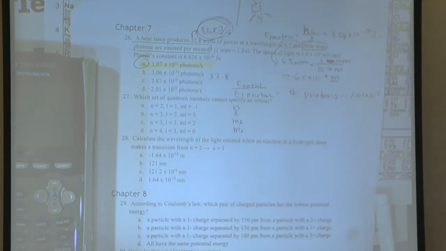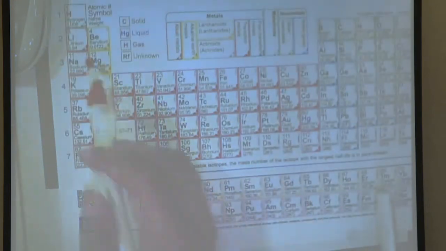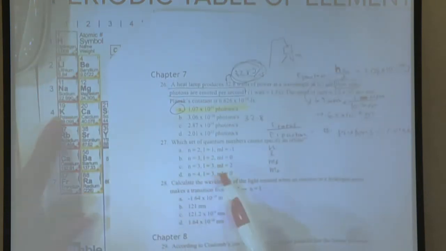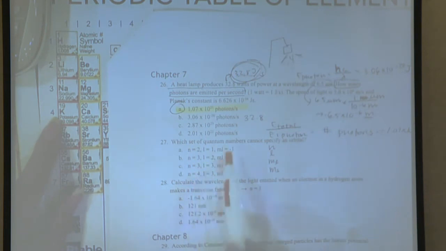So N tells you what shell the electron can be in, right? N actually corresponds to the rows on the periodic table. This is N equals 1, N equals 2, N equals 3. So all of these are valid, because we have up to 4 rows on our periodic table. However, L